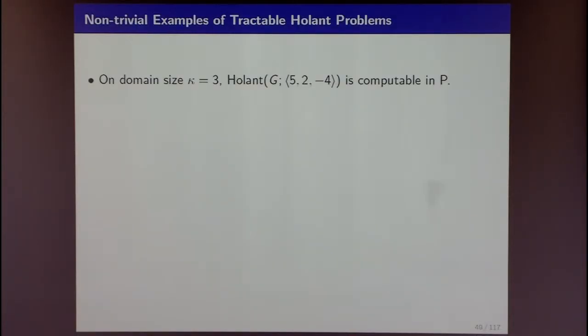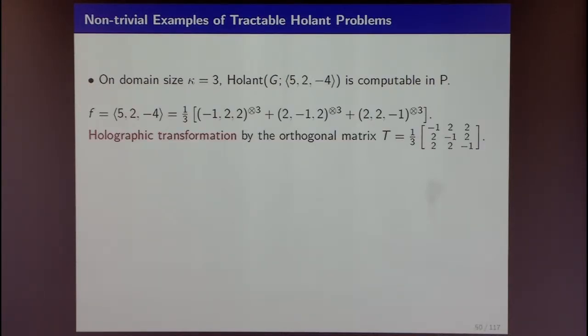Now let me show you some tractable problems. They are actually solvable in polynomial time, and they're not obvious. So the function is, for example, if they're all coming in the same, 5. If 2 of them are the same and 1 is different, 2. If they're all different, negative 4. Boom. That problem is solvable in polynomial time. Remember what the problem is? The graph comes in, you take all exponentially many assignments, and then you evaluate this product, and you sum over all these exponentially many terms. This is polynomial time computable.